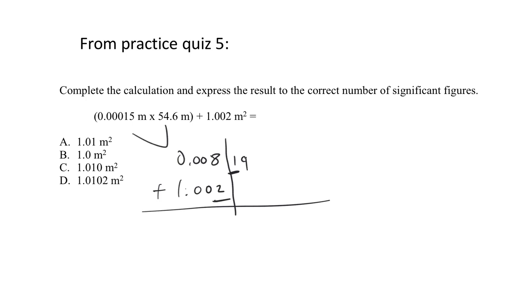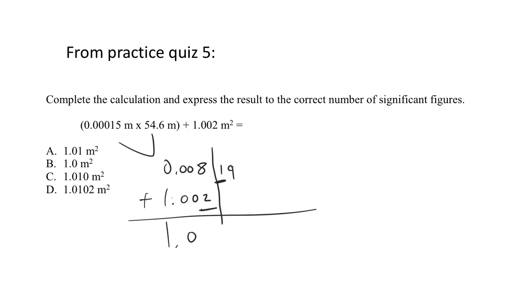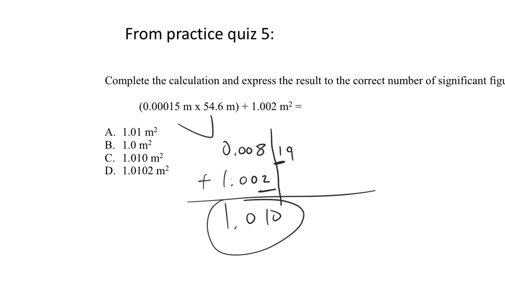We round to the thousandths place. So that would be 1.010. Now, the one thing that's always weird with these problems is that presumably different tools were used to measure those two length units. When you see these problems, you'll see units given, and you may not understand where